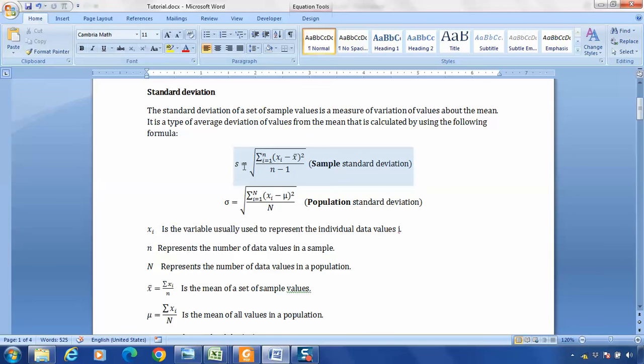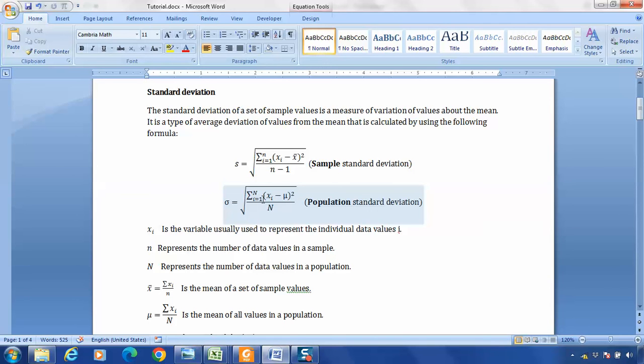So S, the sample standard deviation, is equal to the square root of the sum, i going from 1 to n, of x sub i minus x bar squared, divided by n minus 1. The population standard deviation is